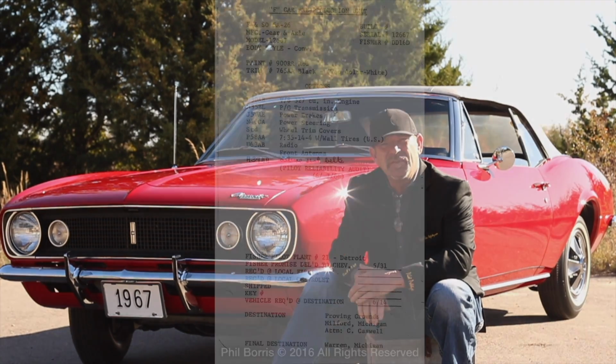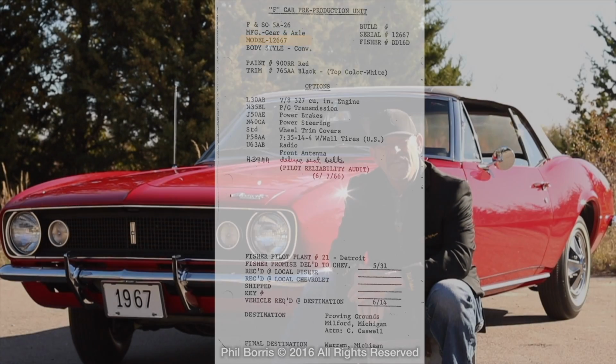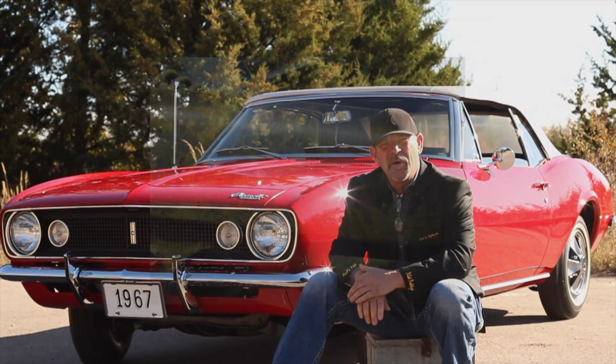One of one on Fleet and Special Order 5A-26, made by Manufacturing Gear and Axle. It carried model number 12667. This red-on-black convertible was the fifth pilot prototype convertible ever built. N100013 was hand-built utilizing components marked handmade, pilot, or prototype,